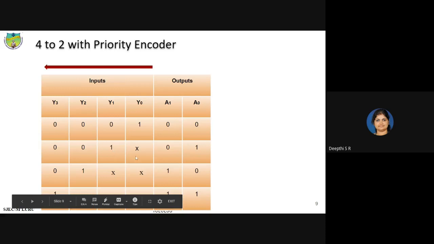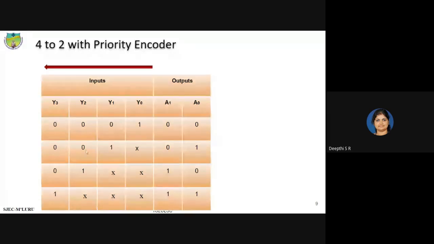So that means, if you consider the second row, if it is 0010, then also the output is 01, or if it is 0011, the output is 01.